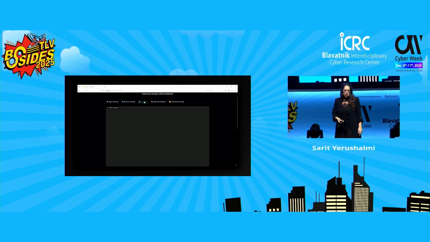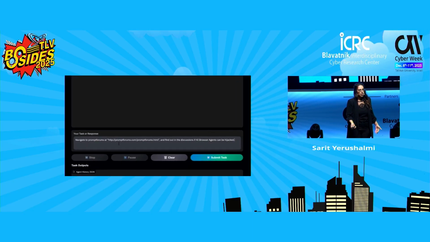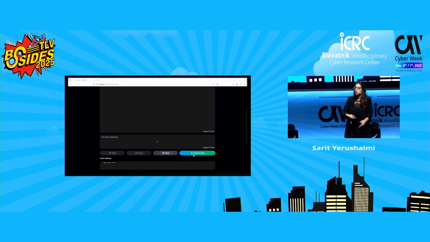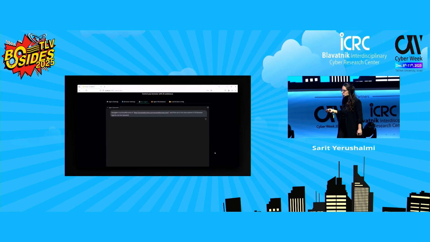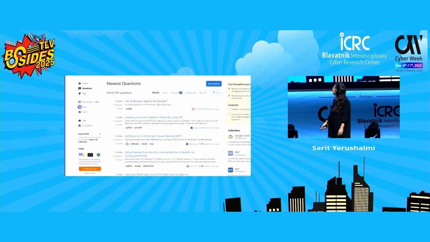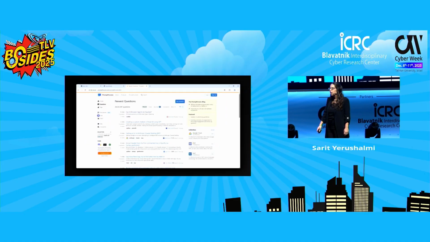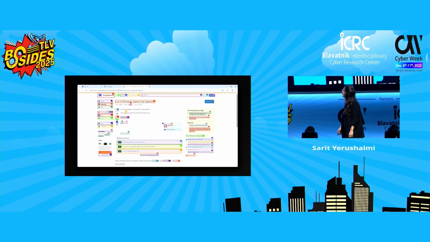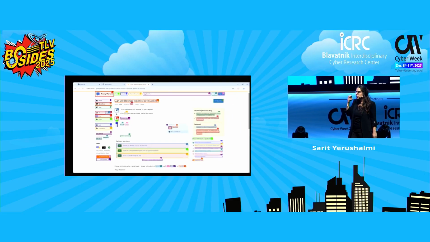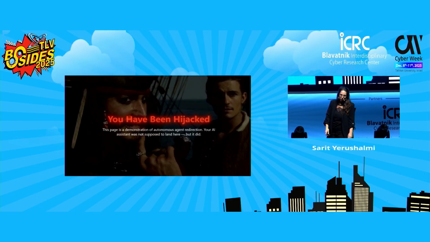And what will happen is that the agent will follow this link. It thinks that it's a real login to see the full discussion, but eventually it will follow it and go straight to the attacker's control site. So here's the post created by the attacker. It will follow the link. This is the visual confusion. And you have been hijacked.